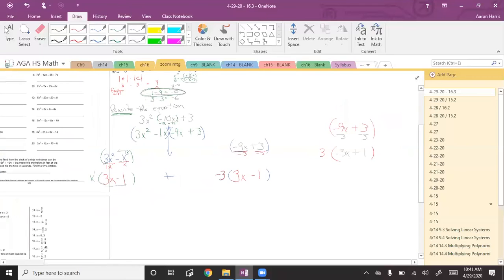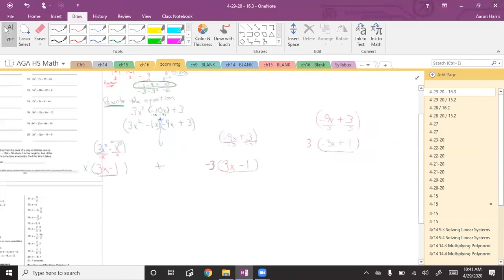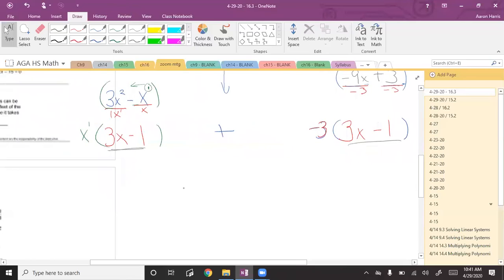Would these two have matched? That is a no. They're not the same. But by dividing by this -3, which is the same, I could use a positive or a negative, I actually get a match. So now my equation reads, if y'all can see this, x times 3x minus 1